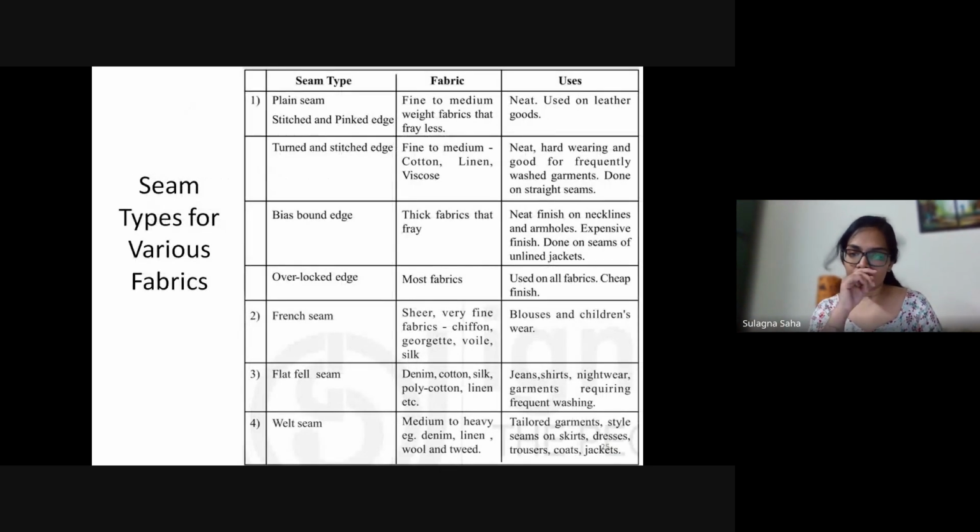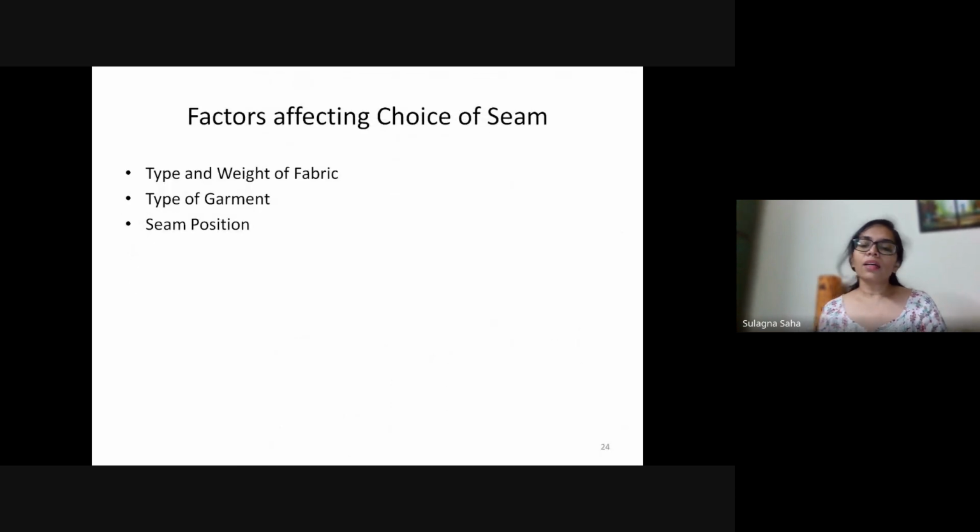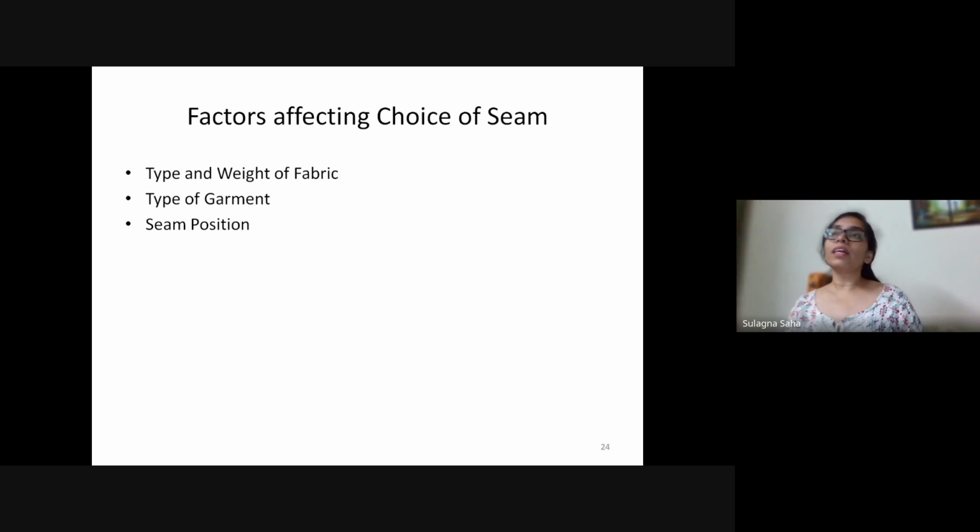Now there is also something, before I come to that, how do we define the width of the seam allowance? In the pattern making, we took it as a standard of 1.5 and 1. However, the seam allowance is also important when deciding on a number of factors. First is again the weight of the fabric. Heavier weight fabric, tightly woven fabric, you can use lesser seam allowance. Loosely woven fabric, you might use more seam allowance.